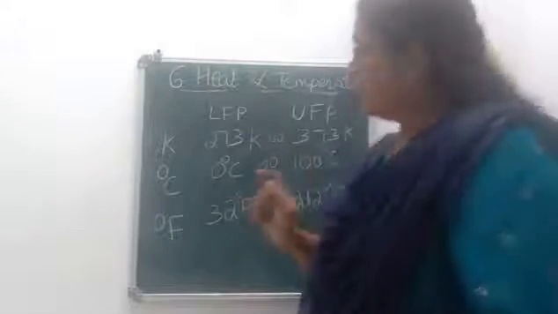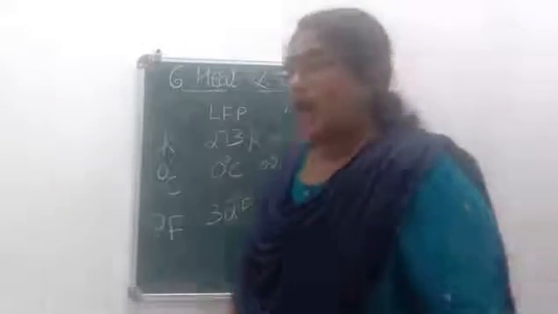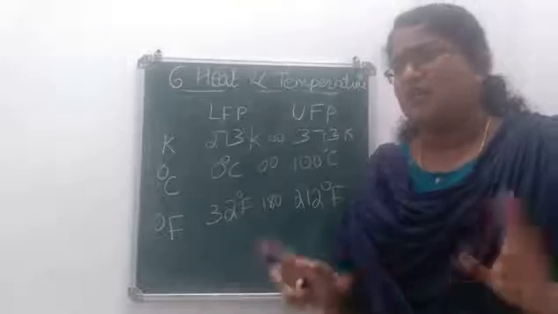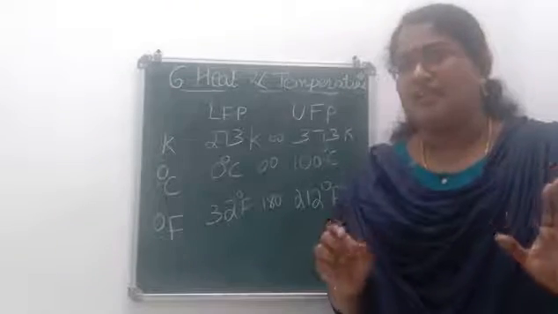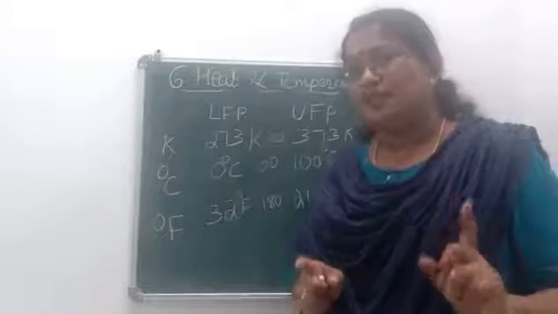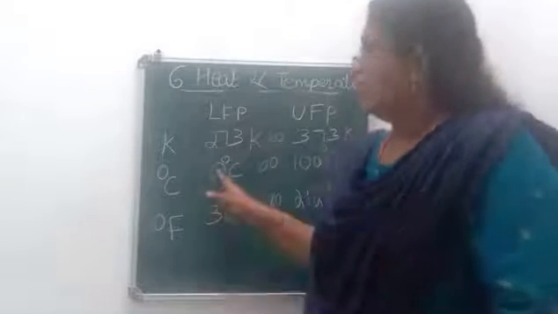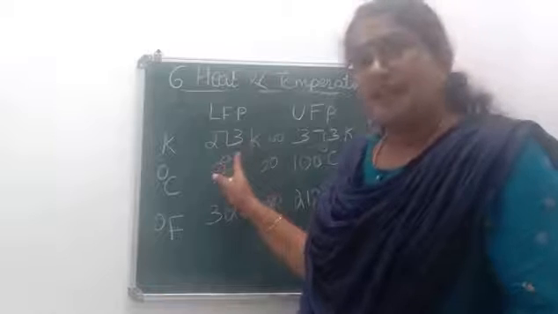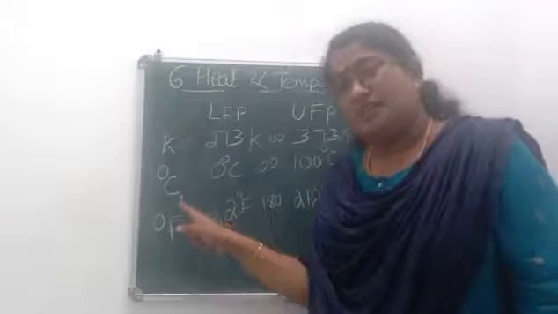Okay, so next we will check how to do the conversions. I think we don't have numericals from this, but anyway the conversions are important. Okay, and before moving to the conversions, one more thing. 273 Kelvin is the beginning on the Kelvin scale.